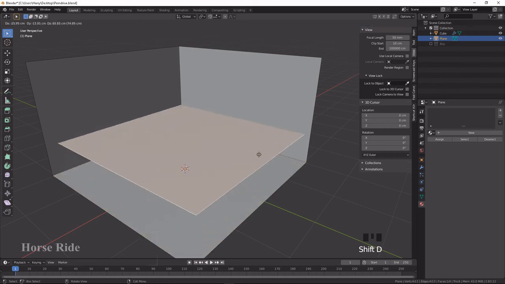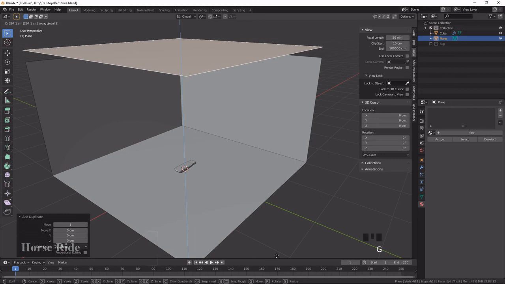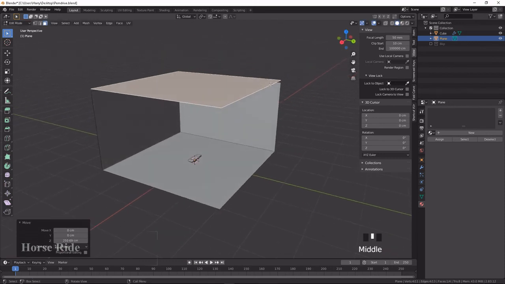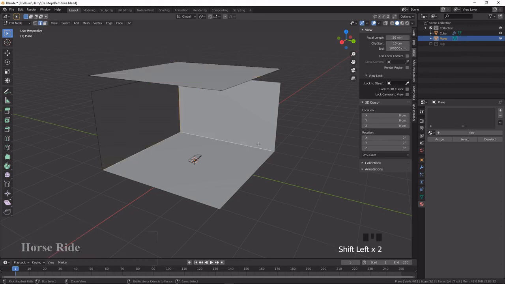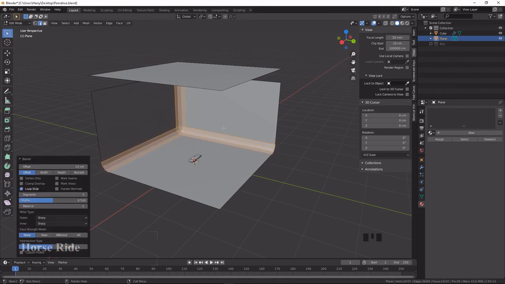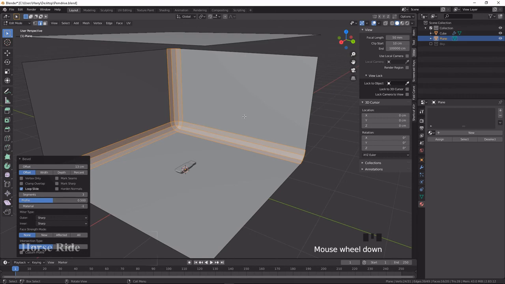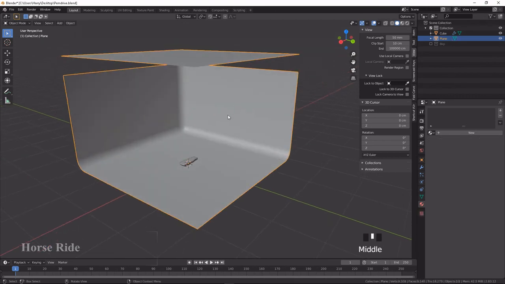Select this face, press Shift D and right click to cancel, and G Z to move towards top, and I'm going to move it a little bit, G Z again. Go to edge selection, select these edges, Control B to bevel, and add some bevel crease to that, and go to object mode, shade smooth.